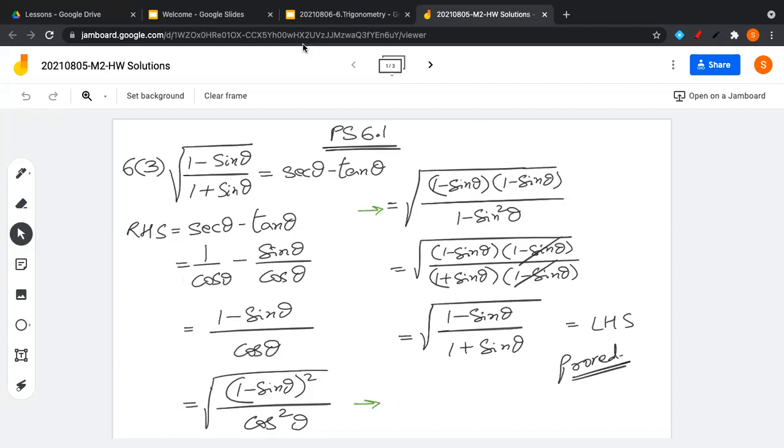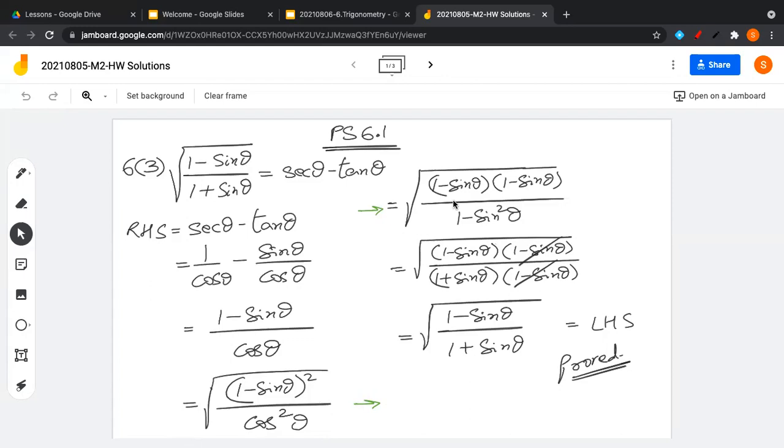Now it becomes fraction addition, like fractions. So numerators are subtracted, denominator is common. Then the next step, I'm squaring the fraction and putting a square root. So nothing changes, but I get nearer to the LHS. Then I expand the numerator. a minus b is a minus b. This is a square minus b square.